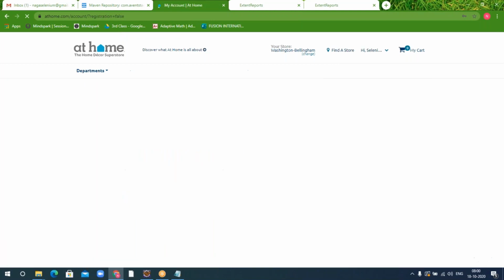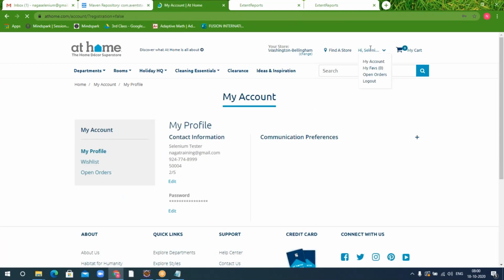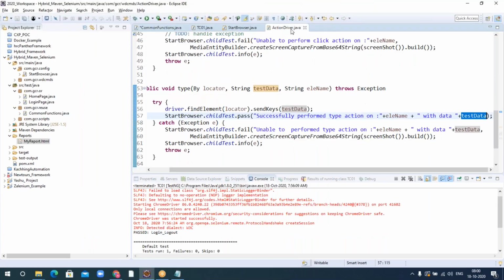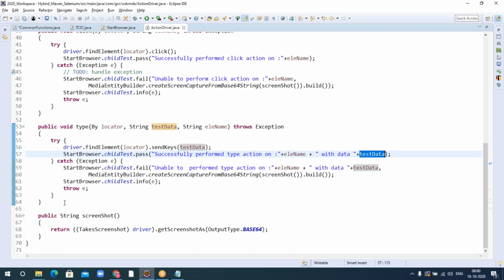In order to do mouse over, I don't have any command for that. So let me go ahead and write it in the action framework for mouse over.